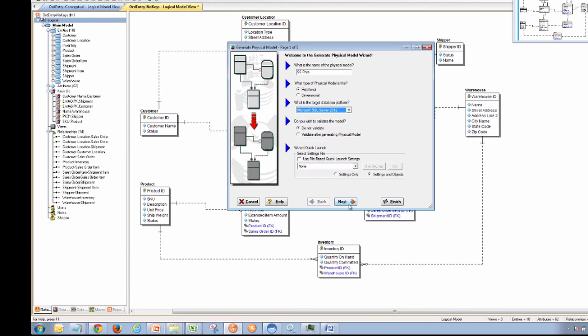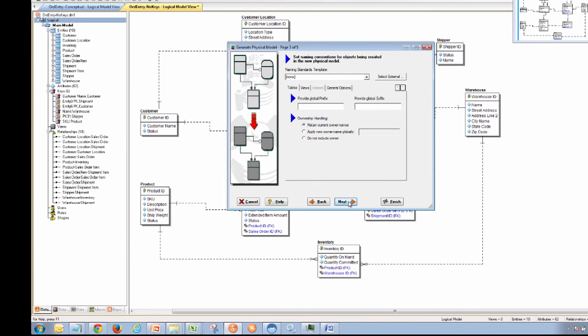And we can step through this fairly quickly, for the most part taking the defaults. We'll choose a naming standard. I happen to like camel case, so we'll use that. And then I think we've got everything set to generate the model. So the tool will generate the model, and then following that,